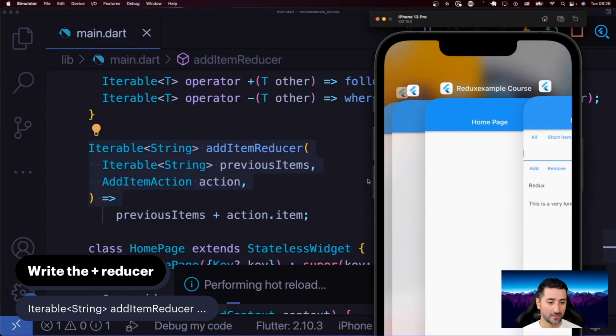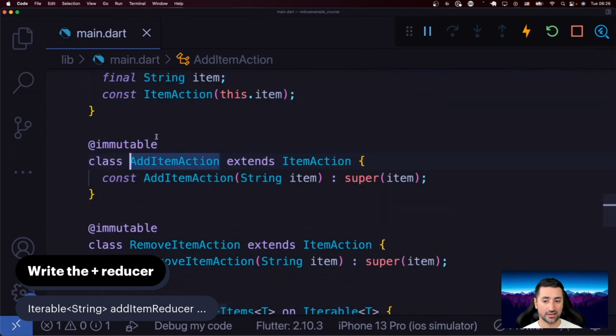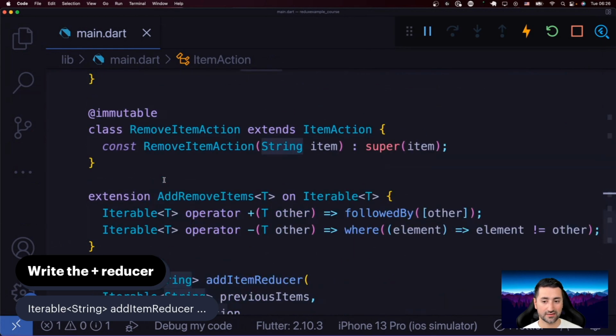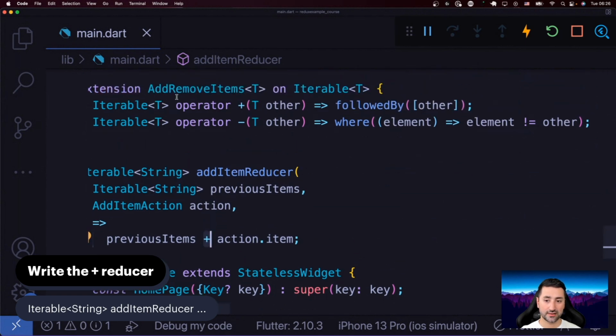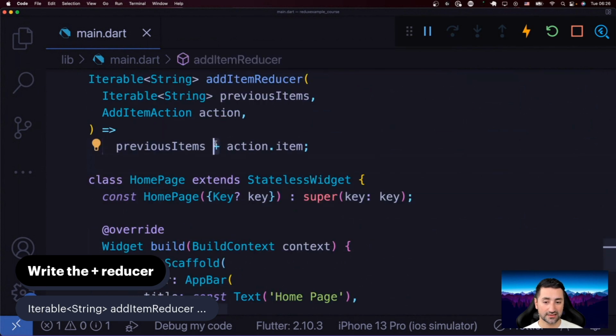So I want you to take a second and have a look at this function and see what it is actually doing. If you look closely, it's returning an iterable, taking a previous iterable and the action. Remember, the action comes from add item action, which holds on to an item. That's why we can access action.item in here, because our add item action holds on to the item. And then we're actually using our plus custom operator that we define in this extension and implement in the add remove item,